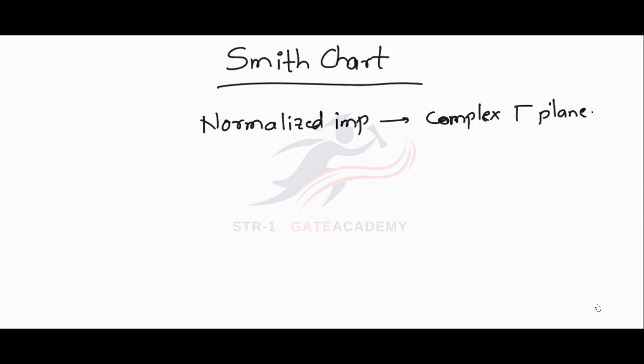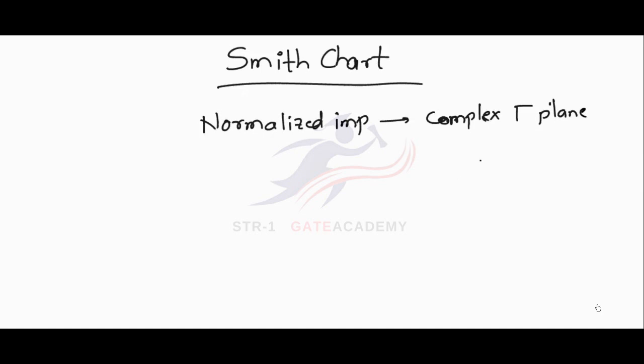What is gamma? It's the reflection coefficient. So, complex gamma plane. We know that the maximum value of the reflection coefficient is 1, and